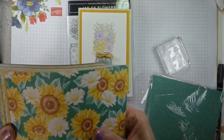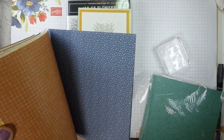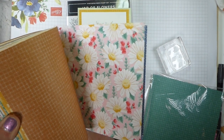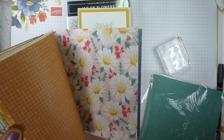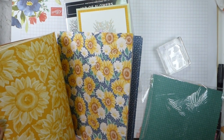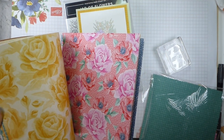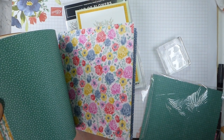So these are going to be duplicates, but you've got sunflowers with a pattern on the back. So basically you've got a pattern on one side, and as in a solid pattern, what I would call a solid. This for me is a solid, and then an A side as well. So this is actually the B side, that's the A side. So this is tone on tone, really bright, some of them. Again, this is a tone on tone with bright on the reverse, some Just Jade,